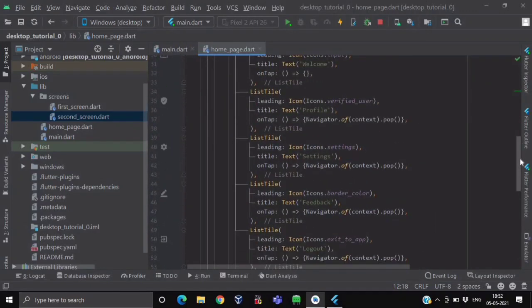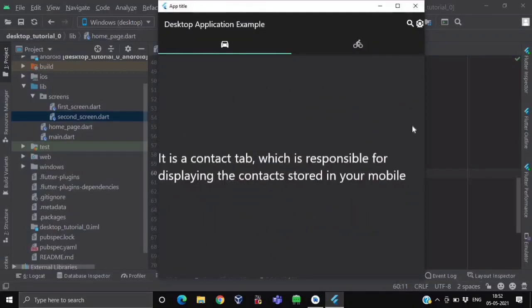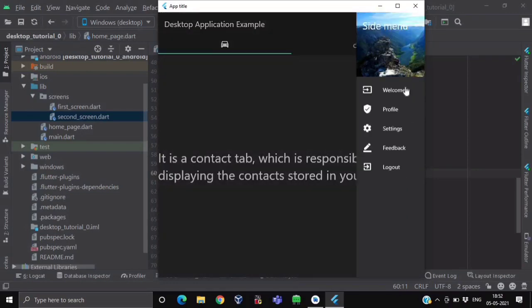So now, after this drawer, we have our app bar. If I just omit this actions line, which has my trailing icons, and again reload it, this time you can see our drawer has been shifted from the left to the right-hand side, to the trailing part of your app bar. So now here we have our drawer. See how smoothly it works.